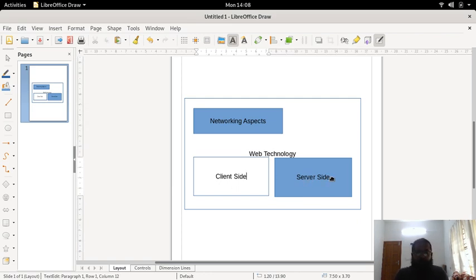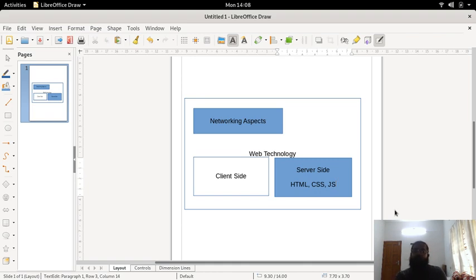Here we didn't learn much in the client side. Of course, we have looked at HTML, CSS and JS, which could be the client side part, the things that get executed or rendered at the client side.